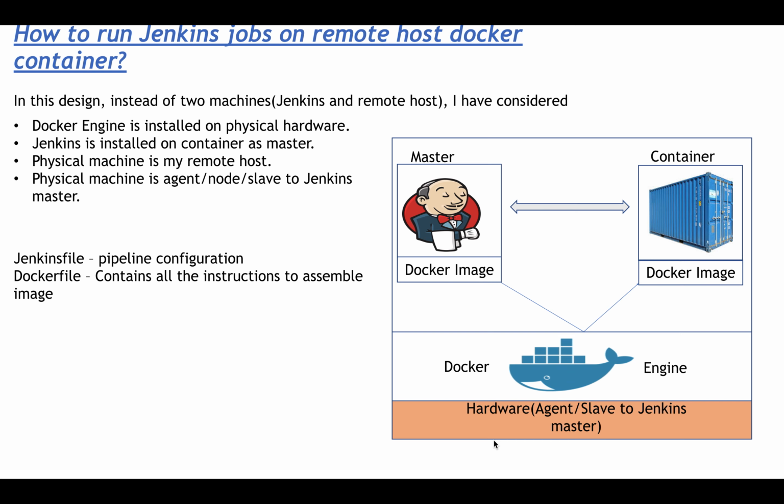Instead of having two machines, master and slave, I'm having the Jenkins master on my machine itself in a container and making my physical machine a node. Hope you understand this. Please don't get confused. Instead of having two machines, one master and one slave, my master is on a container and a Jenkins file. Since I'm going to demonstrate using the pipeline, it's a Jenkins file I'm creating,